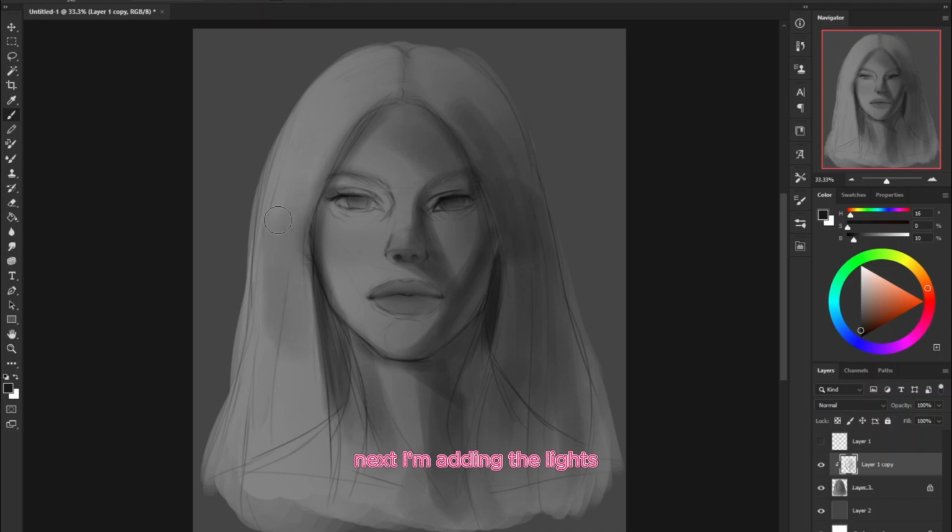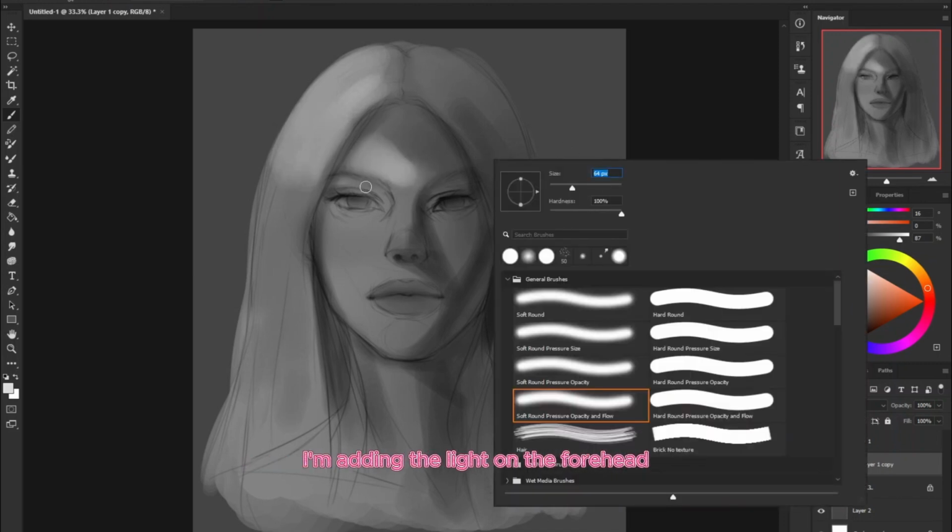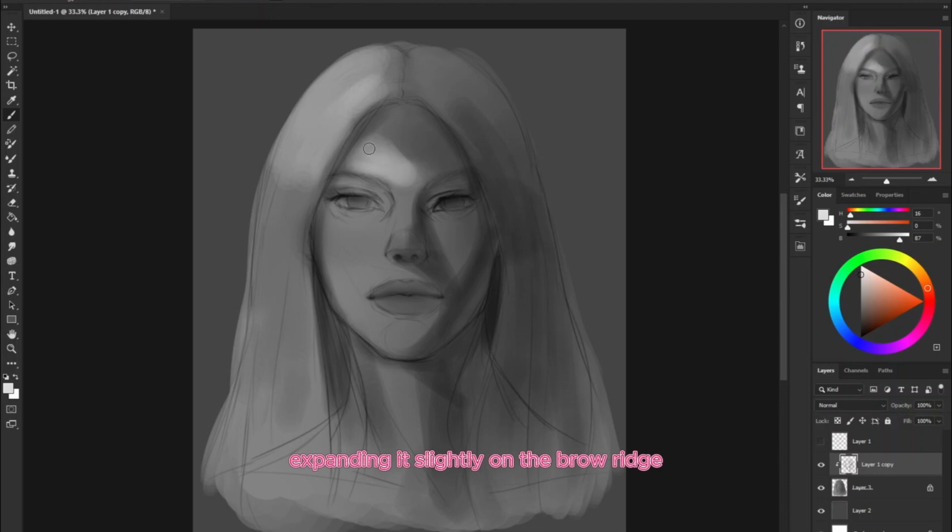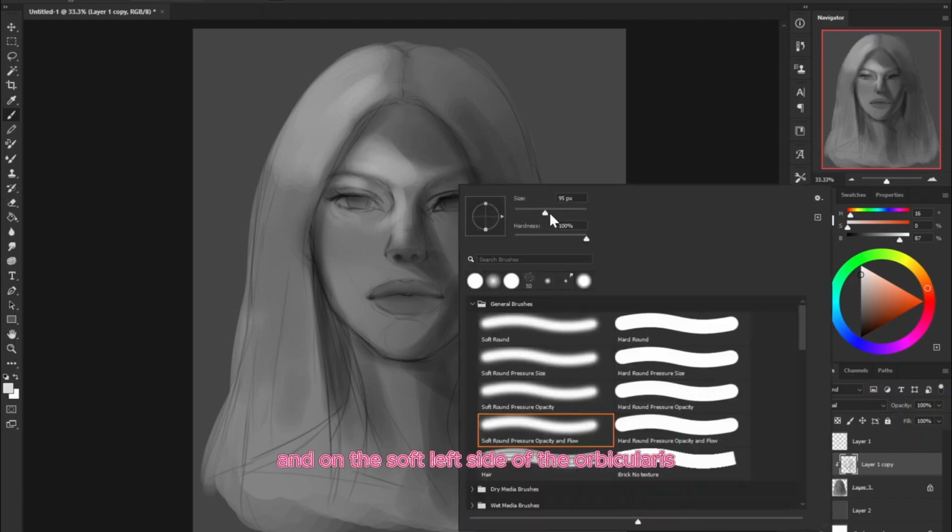Next, I'm adding the lights. To add the light, I'm picking up a white color. I start with the hair. Most of my light is coming from the top left area, so all of my light will indicate that direction. I'm adding the light on the forehead, expanding it slightly on the brow ridge, adding more light on the nose, the plane of the nose that is facing the light, then highlighting the cheekbone, and on the soft left side